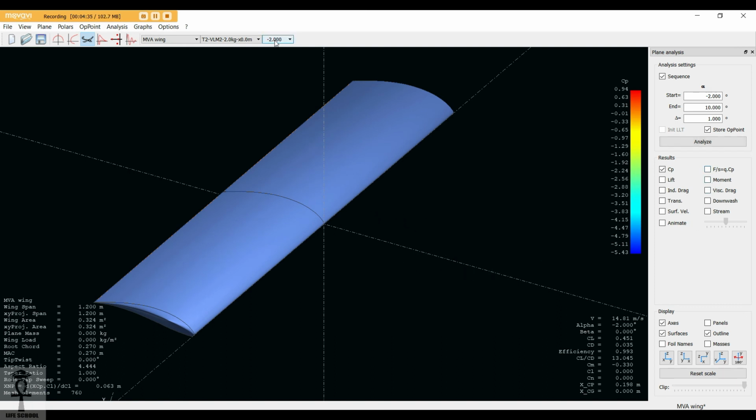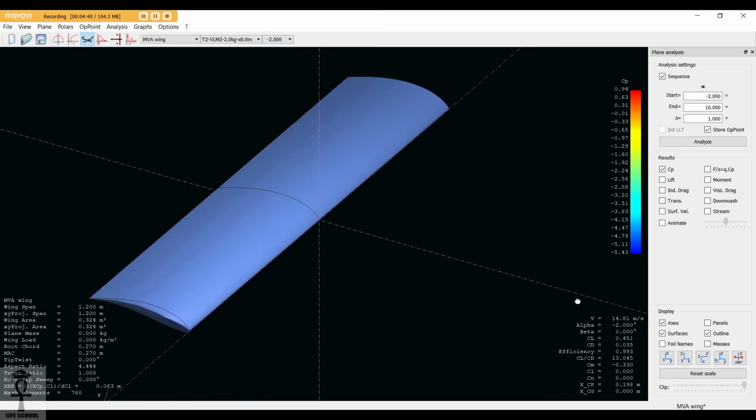So for -2 degree angle of attack, to generate 2 kg lift, we need to fly with a velocity of 14.8 meters per second. So this is what the analysis tells us. At zero angle of attack, if you want to fly and generate a lift of 2 kg, we need to fly with a 13 meters per second velocity, which is good for us. We actually want our plane to fly at 15 meters per second, and we can generate lift at 13 meters per second by flying at 0 degrees angle of attack and generate 2 kg lift. So it is very good for us.